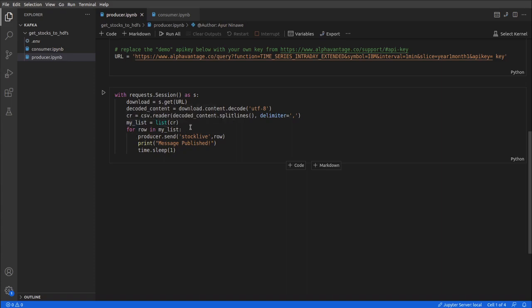Then I am converting it to a list and sending that to the stock life topic which we created here. For every message we send, this will print message published, and our time interval will be 1 second for each message after publishing.